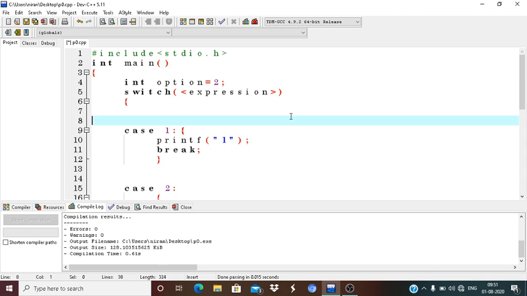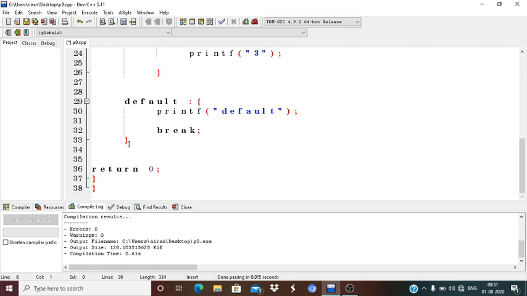Here is the opening brace of the switch case and the closing brace. The braces can be omitted when there is only one statement available in the statement block.